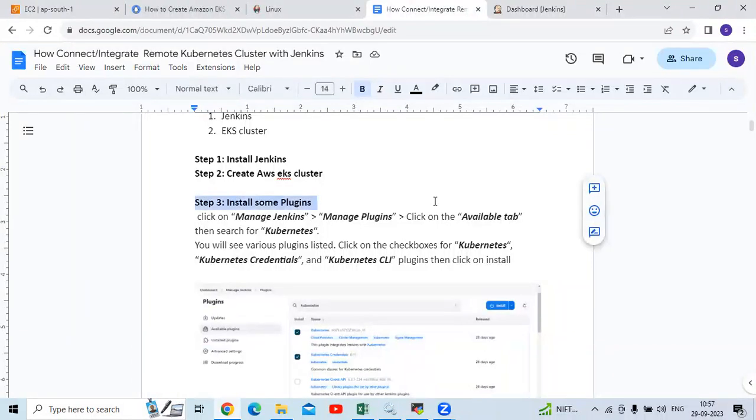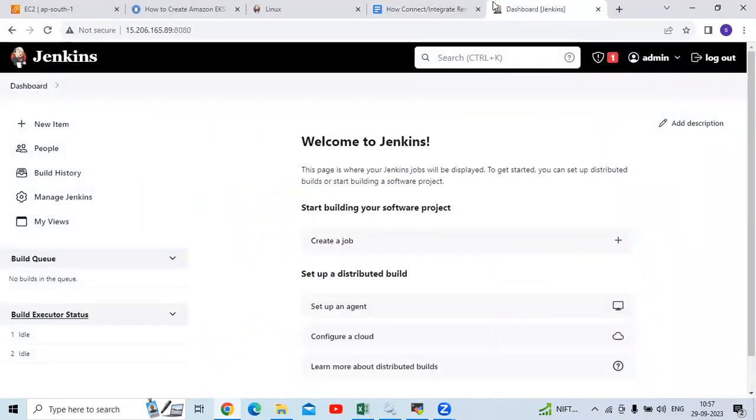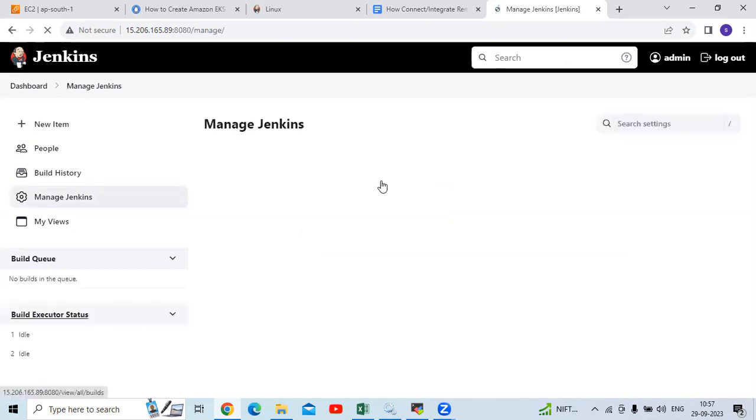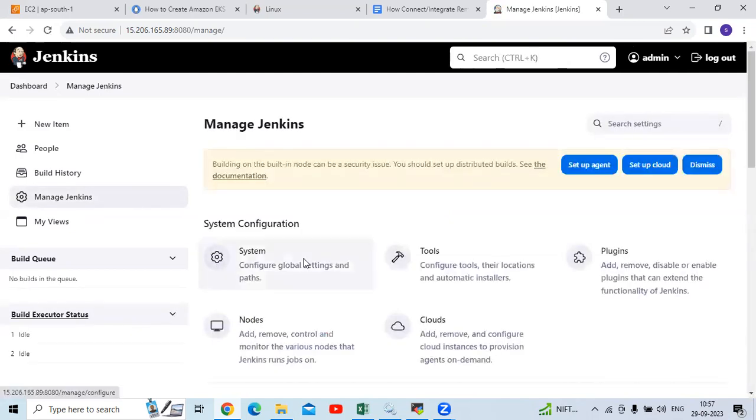Now the third step is we need to install some plugins, right? So first of all go to your Jenkins server. Here we need to install some plugins. Which plugins? The Kubernetes plugins. So first of all go to Jenkins, then Manage Jenkins. Here in Manage Jenkins you can see the options, right? First of all, go to Tools and Plugins. So we need to go to the plugins, and here click on Available plugins